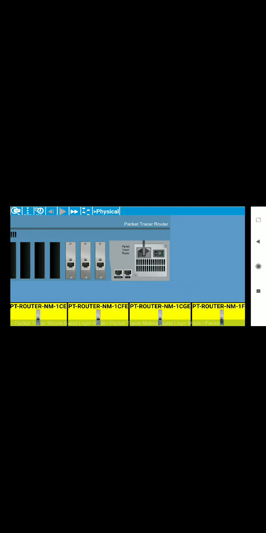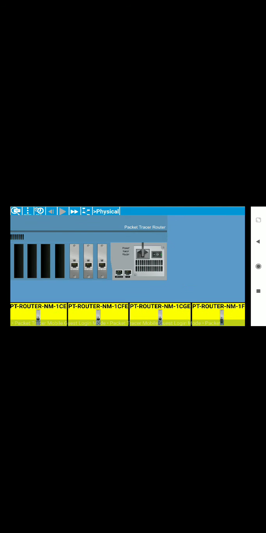Again we have to turn this device on. So again tap on the same button so that it will be in green color. That means it is on now. In this way you can configure your router so that interfaces can be added to it. Next, to go back you have to click the button beside physical. There is a network button, just click on it. So router PT is ready to accept connections now.